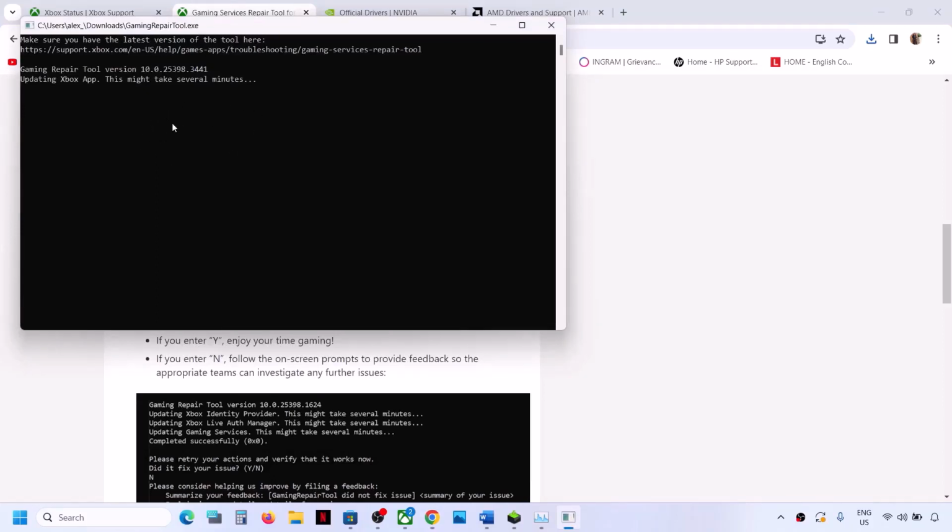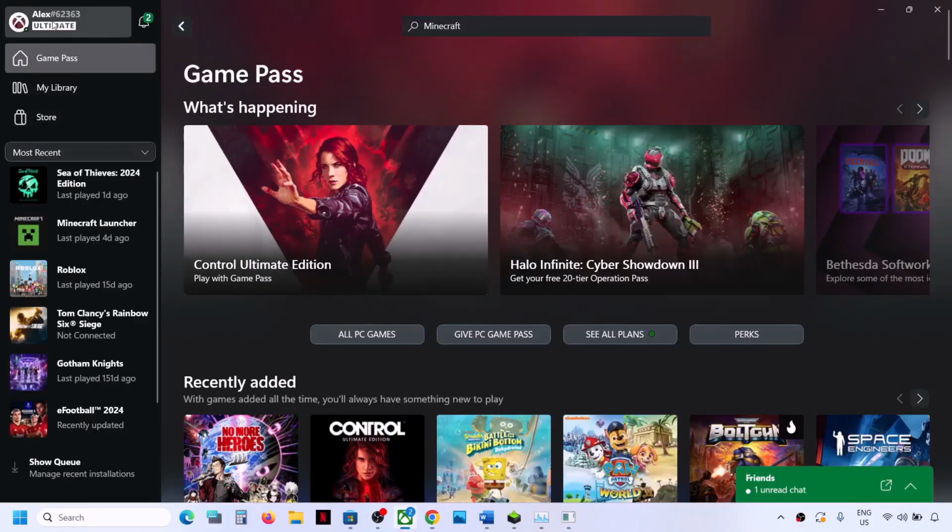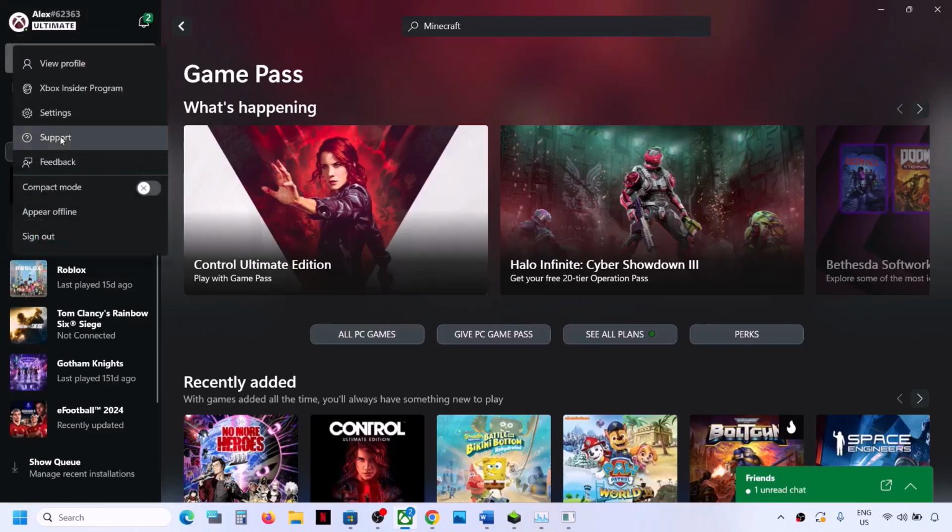Now during this process, if it's telling you to write yes or no, you can type in yes or no. So this process will take some time. You can do the same thing from Xbox app. If you have Xbox app, open Xbox app. On the top left here you can see a profile icon, click on it, then go to support, and over